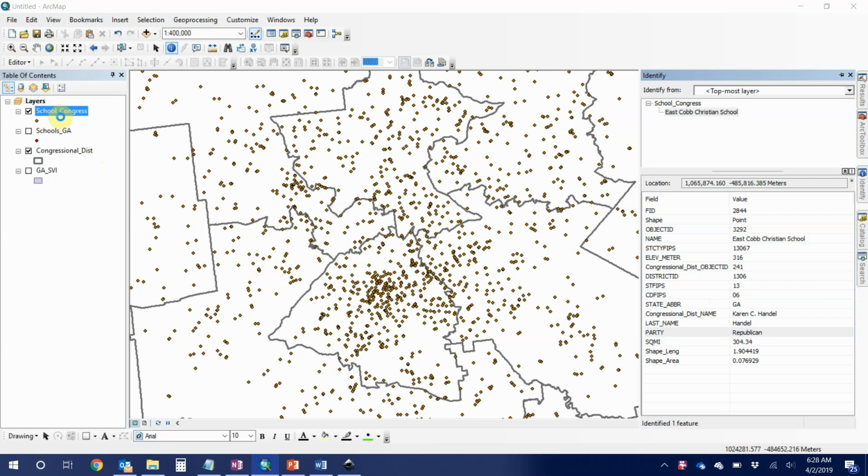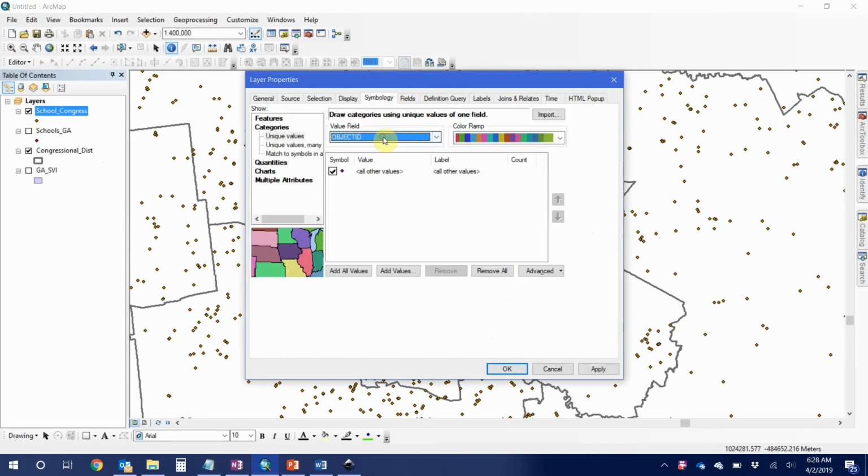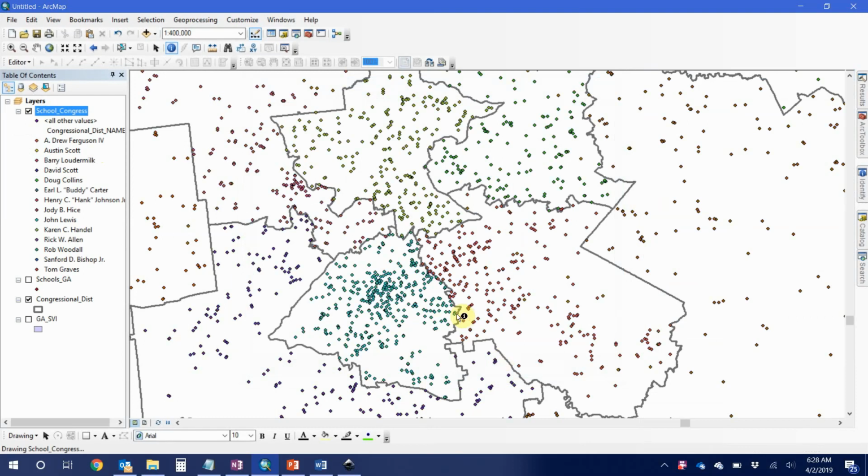and we could symbolize that data based on the congressional district name, right? So, that is a very, very, very simple example of a spatial join. We're taking attributes from one layer, the congressional districts, and joining them to another layer, the schools, based on their spatial location. So let's take a look at something a little bit more complicated, and that's joining